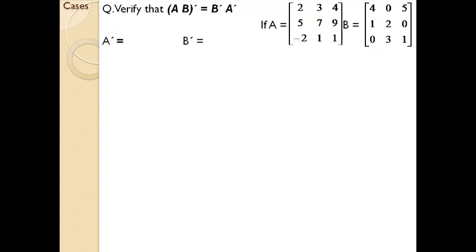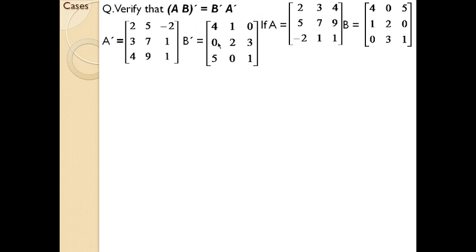And in the right hand side it is given B transpose and A transpose. Before we go for the left hand side, just note it down. A is this one, so transpose of A will be this one. I hope you know how to take a transpose of a matrix. And B is given in the question as this 3 into 3 order, so the transpose of B will be this one. So now you have A, B, the transpose of A and the transpose of B.